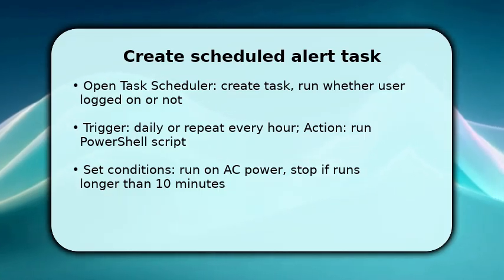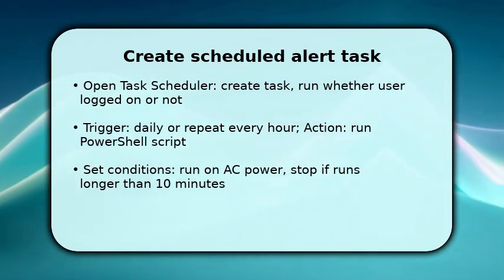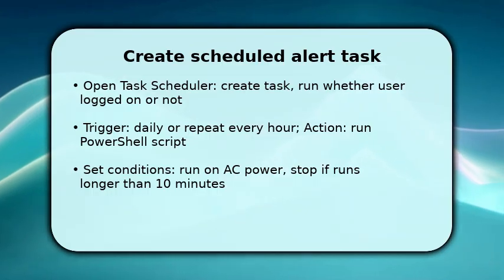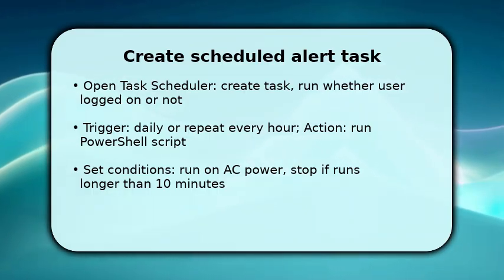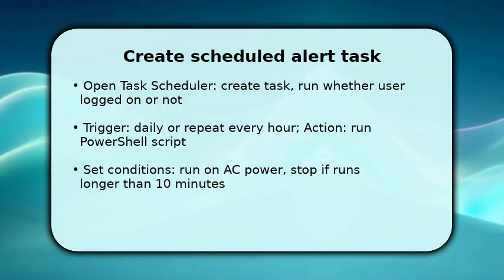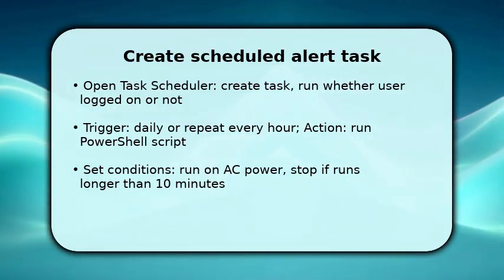Add action to run PowerShell with file and the script path. Once configured, set failure handling and a retry interval. After you save, run the task manually to confirm it executes and returns the expected exit behavior so the alert